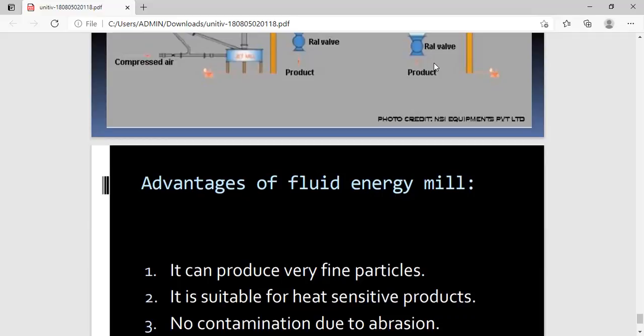So the run of mine, ROM as it is called, is fed into the jaw crusher, and in the jaw crusher, the crushing plates of the jaw will be moving towards each other, and then moving away, because it is attached to a circulating motion. Like a cam on a shaft, the plates will be moving because of the cam action. So the plates will be moving close and far in every cycle.